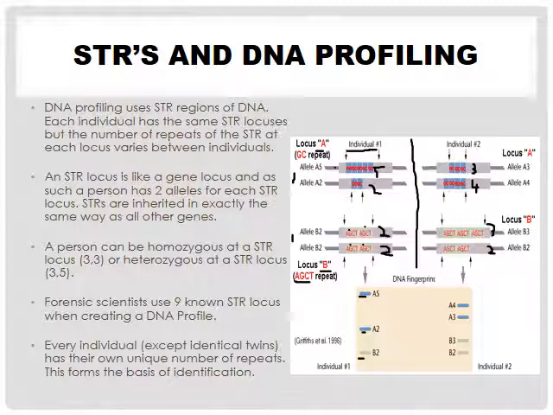Whereas individual 2, we've got the A4 allele placed here, the A3 allele placed here, because the A4 is longer than the A3, so it won't travel as far. The B3 allele here, because it's 3 repeats compared to the B2 allele, which was only 2, placed here, and we can sort them